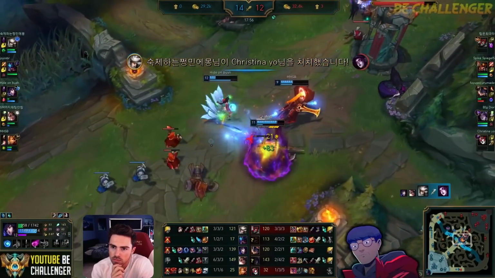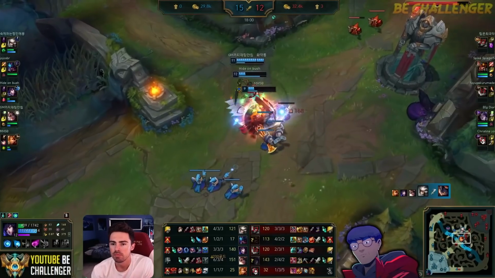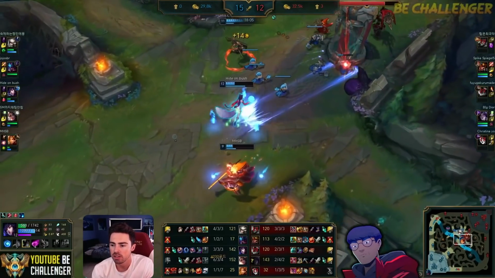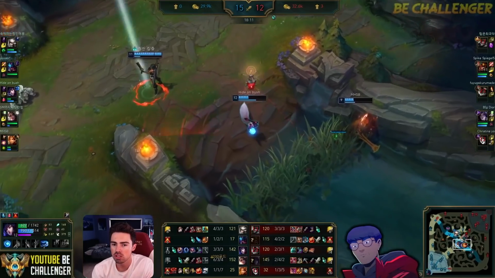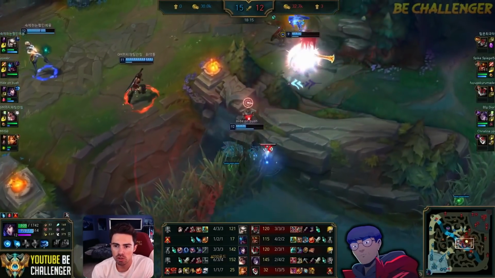Nice, Camille. We're eating some shutdowns. I like it. And this team is finally starting to work as a 4-man unit. And this is how you do it. You make those picks and then you force. You group together and you force because you should have a level advantage. If you look across the map, they should...